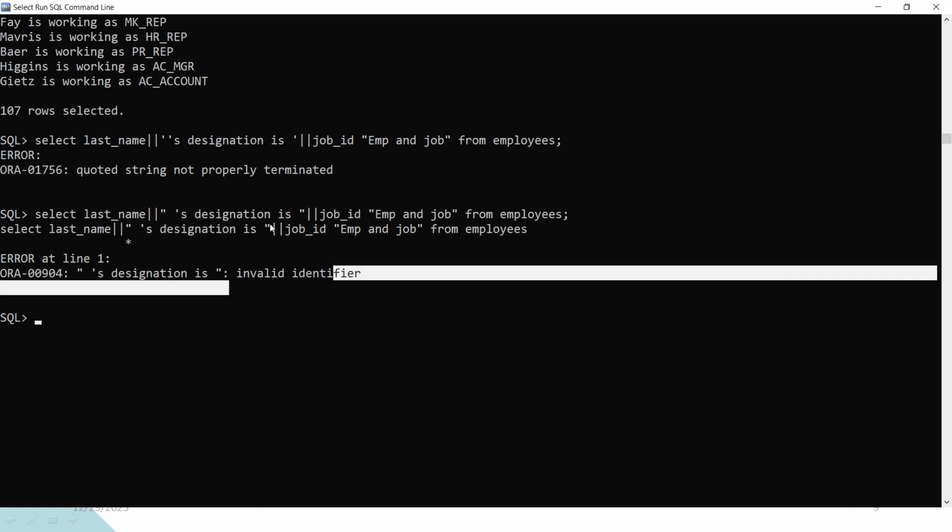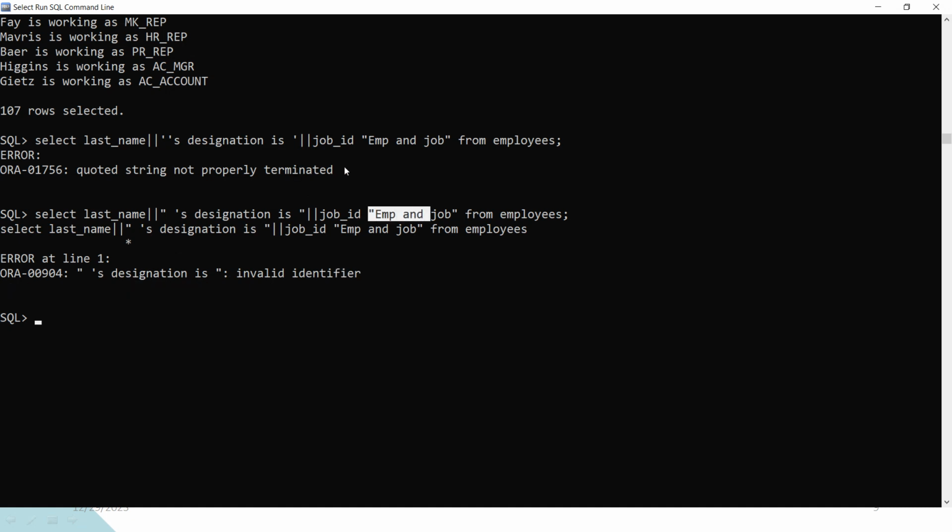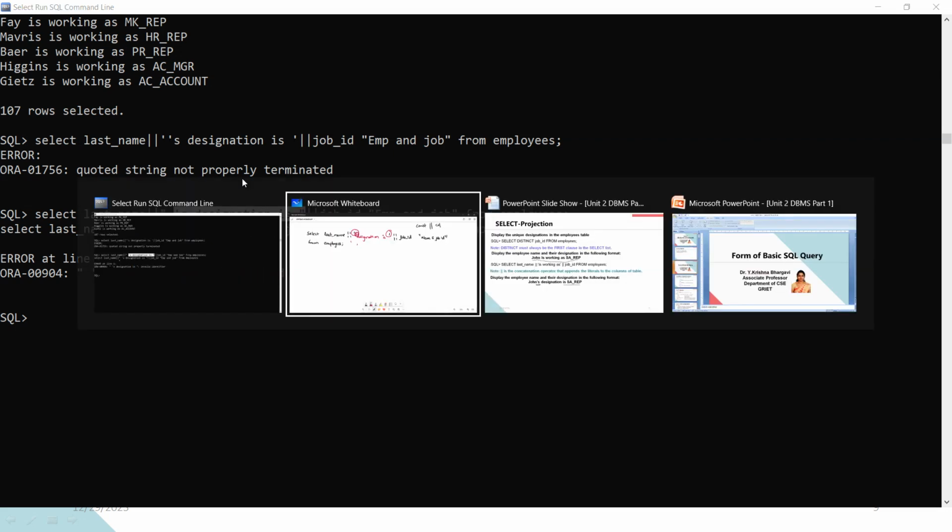The reason is, whenever you are using double quotations, it is applicable only for alias names, not for string literals. So now how do we come out of this? Yes, so here we are introducing another concept which we call the quote operator. By making use of this quote operator, you can resolve this problem. Here we generally mention the quote operator by making use of Q, quotation mark, and a pair of symbols and